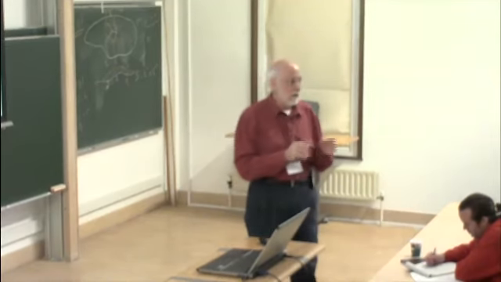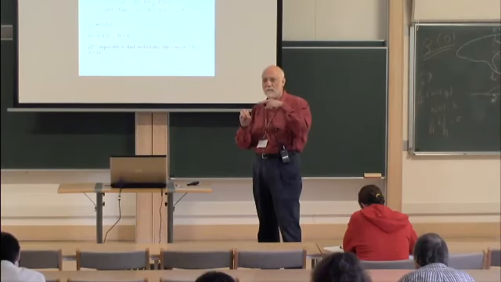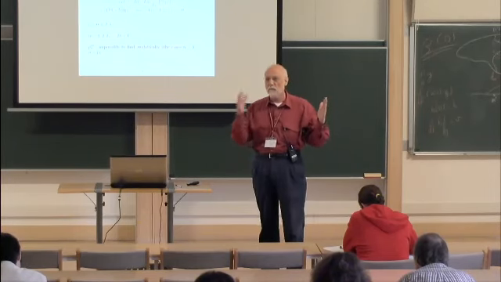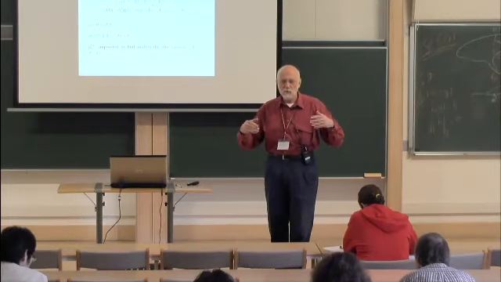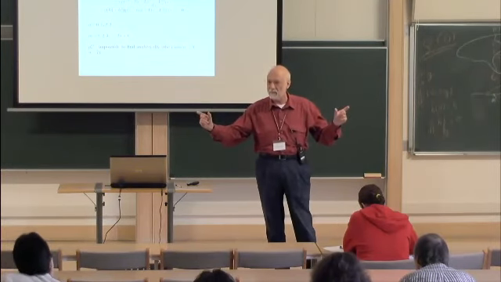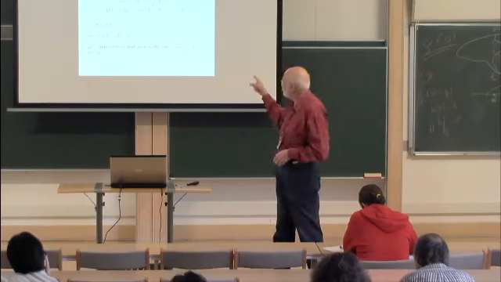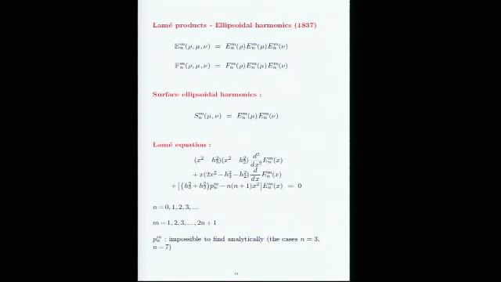Now, once you have the degree n, then the order goes from minus n all the way to plus n. And if you go to the next degree, you just have to add minus n minus 1 to plus n plus 1, and that's it. The problem here is that you have again the same n times n plus 1 dependence here, but